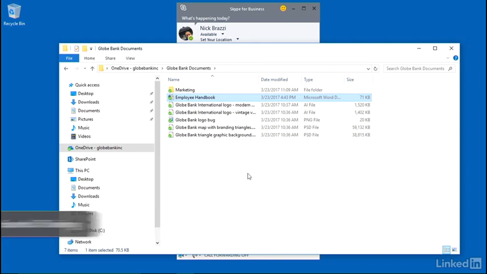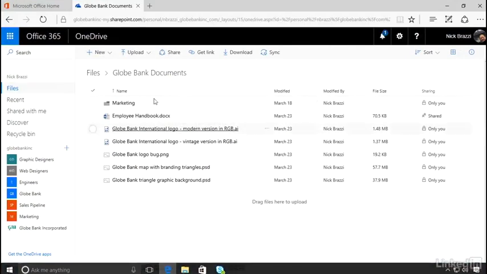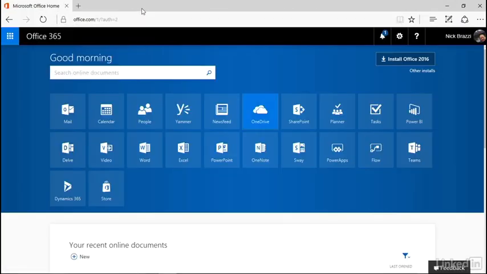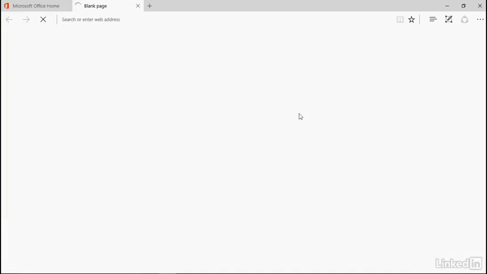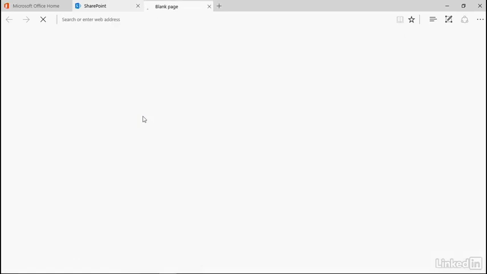Now, alternatively, you can use a file in a SharePoint document library. So let's go back to the Office 365 website, and I'm going to click on the tile for SharePoint so I can look at the different SharePoint groups that I am a member of. So you can see I've got a bunch of them here. These are different groups in my organization, and I am a member. And if I go to one of these SharePoint groups,